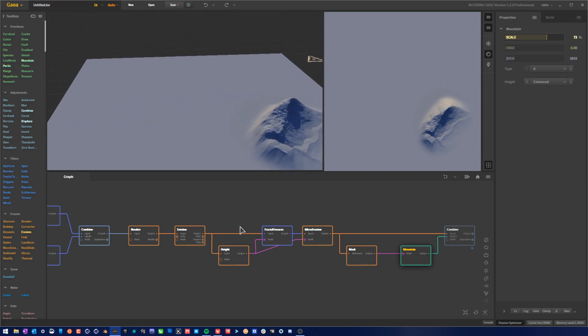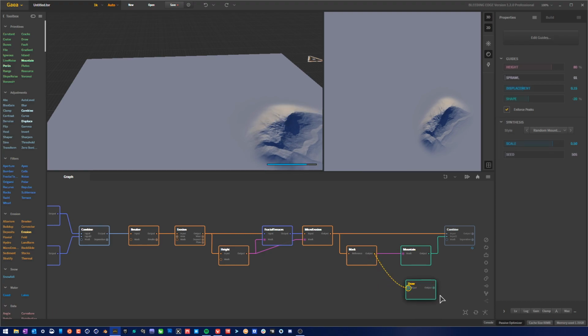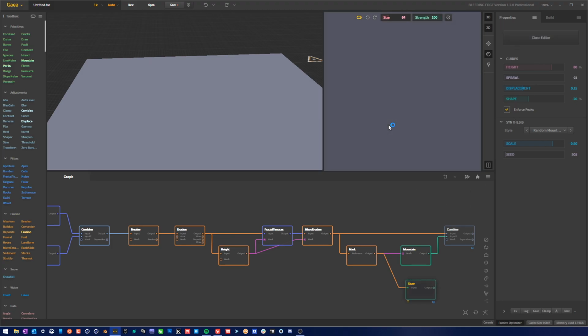And mountain might not even be the best option. We could probably go with igneous again if we wanted to, or we could draw if you wanted to. This is also a fun one. So if we put draw in there, put the mask in there, and then click on the guides. So if anybody remembers